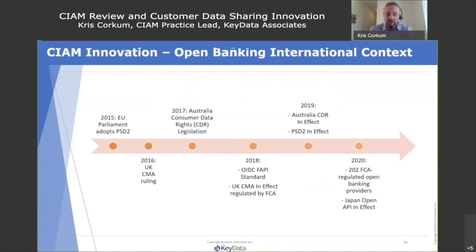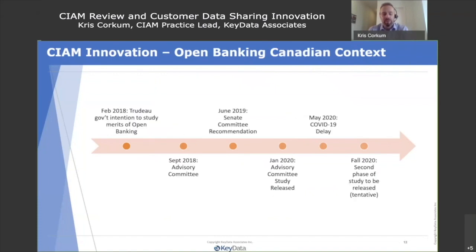Now, in the interest of time, I'm not going to go through this slide, but I just want to say that there's a whole international context to this discussion. If you are not familiar with open banking, certainly check it out. There's a lot going on, and has been since arguably 2015 or earlier. And I think the message for Canadians, as we embark on this journey, if we do, which we'll get into in a second, is that there's a lot we can learn from what's been done in the rest of the world. So just from a Canadian context, though,